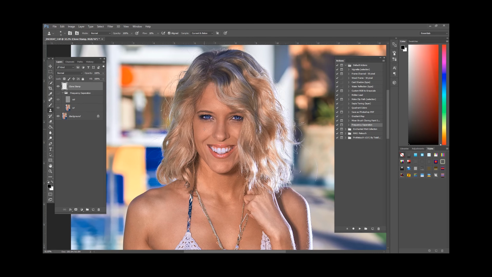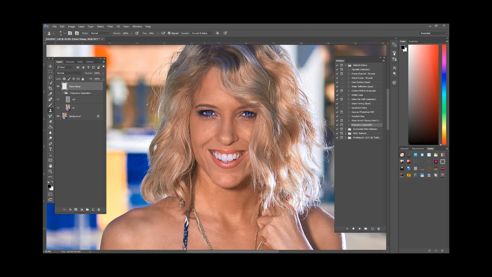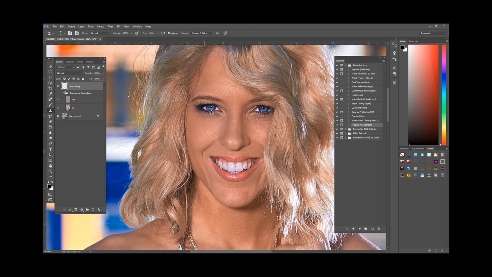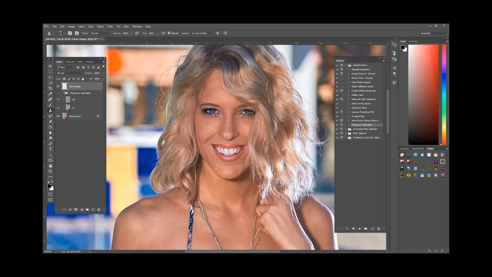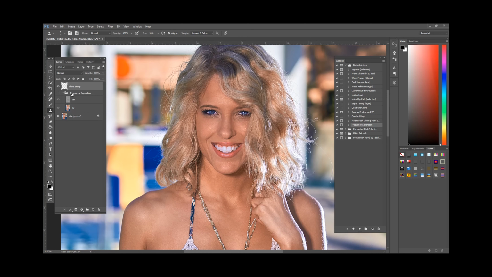So if we look at it before, after, looks much better than with the spot healing tool, but still not quite there. And because I've used the clone stamp tools so much, I can get it to where it looks natural, but it would require far more time than it would with the frequency separation layer. Okay,